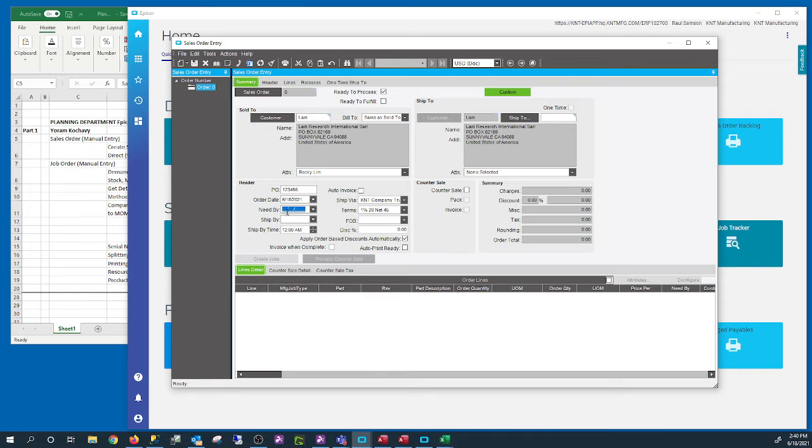Okay. And then we have the need by and ship by, which are the two dates to specify when this is supposed to be completed, when the customer is expecting it versus when we need to ship it. Typically, the need by needs to be after the ship by date, right? So if it takes a couple of days of shipping, you have the need by after the ship by, so you want to ship it a little earlier. In this case, I think we made the same date, but you can do that in here. I think that's everything that we need right now. We can save that.